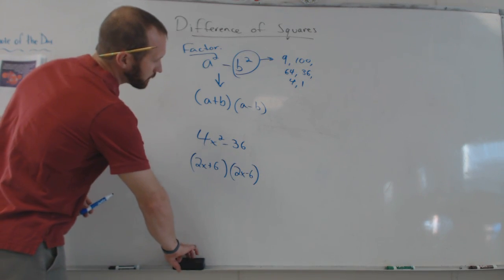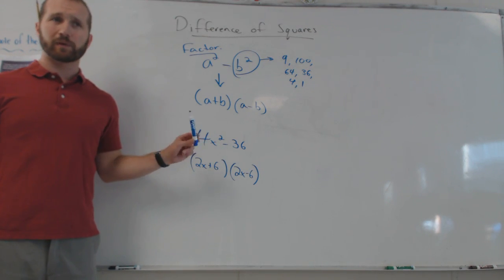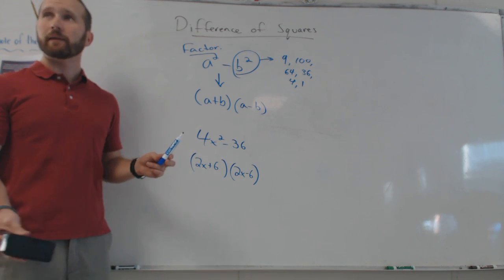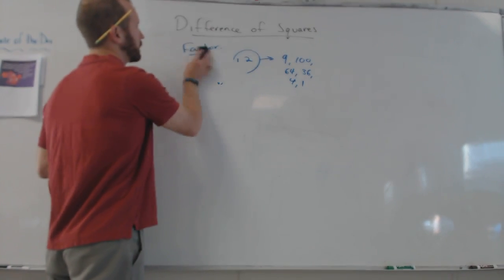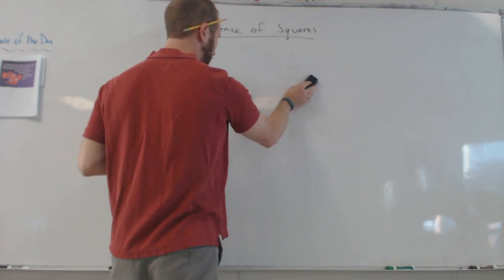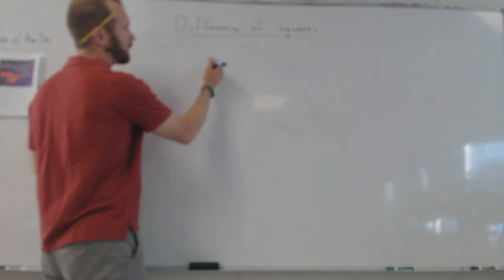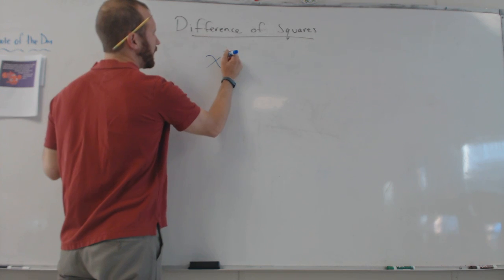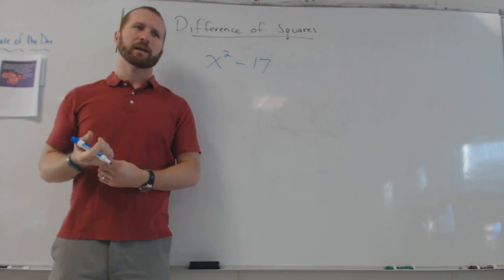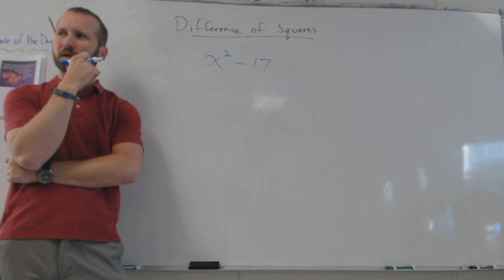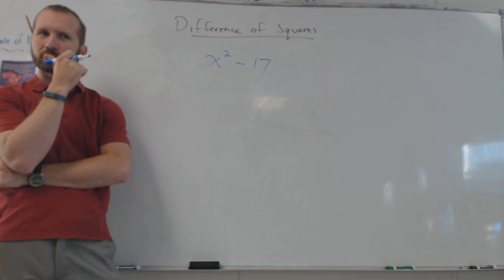So now, let's talk about the case where we don't have perfect squares. This is probably a little bit beyond what you usually see in Algebra 1. You just don't often see this. But let's say I had something like x squared minus 17. Can I factor that using the difference of squares? No. Well, unless you do a fraction